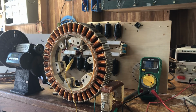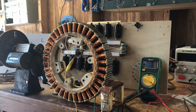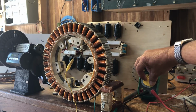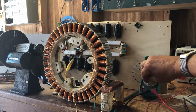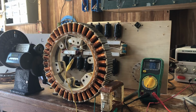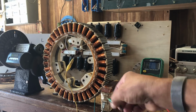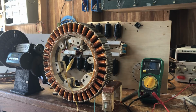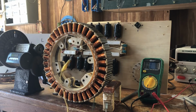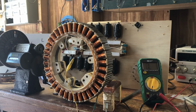So we're going to start off right now checking the ohms on the stator, on the center stator, and let's go ahead and put it over to the lowest ohm setting. And let's disconnect some things here. There's some cool stuff here. You guys are going to enjoy this. All right, so